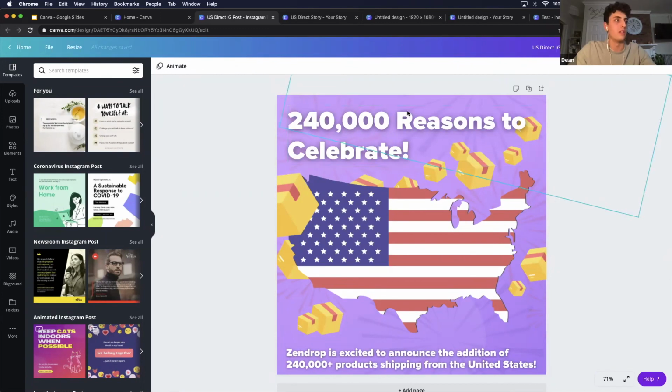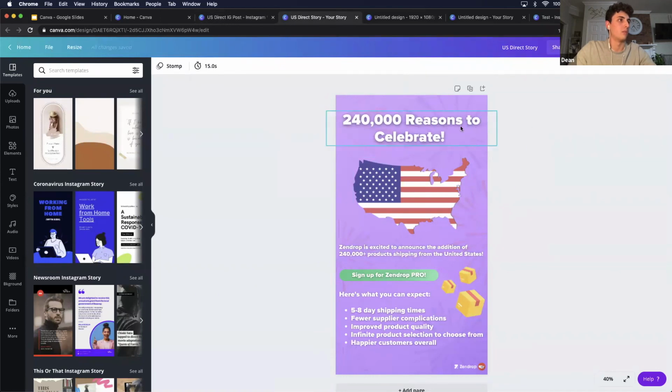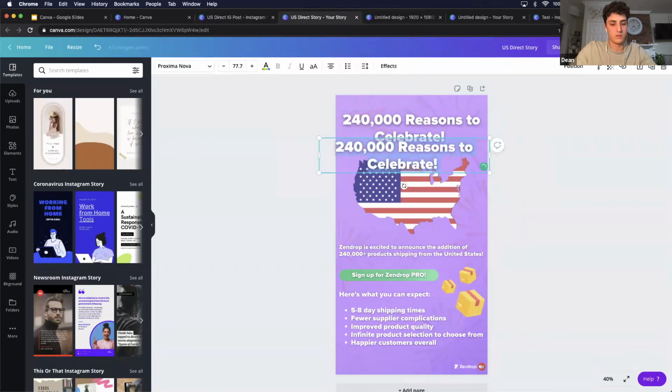This is the Zendrop text. I'll show you. That is the exact text that is used for our logo. And that's why everything seems to fit.